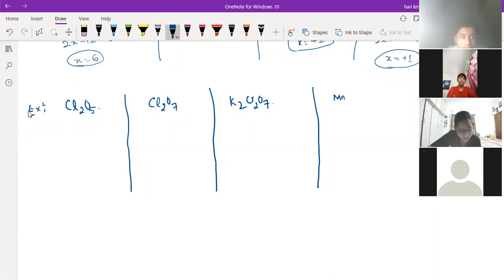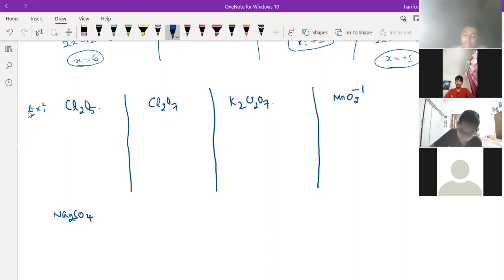Sir, can I? Yeah. With non-metals, it will show +1, and with metals, it will show -1. So what is the name of the -1 form of hydrogen? For +1, we say hydrogen ion. What about the -1? For the -1, it is hydride. Very good. It is called a hydride.